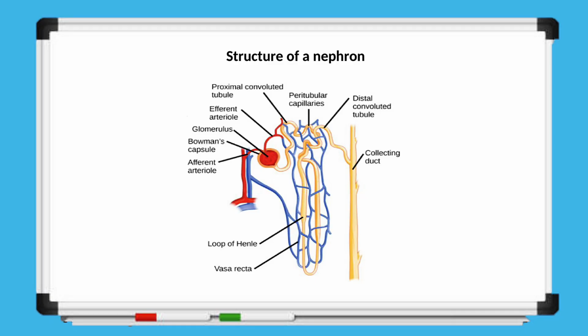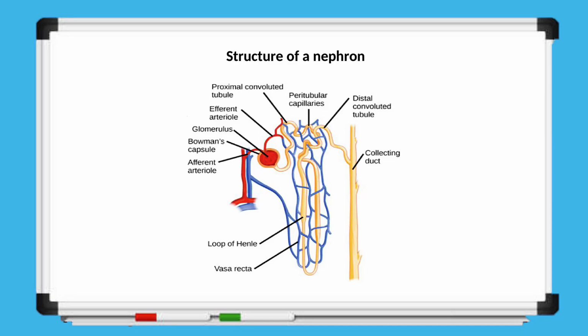The distal convoluted tubule is another coiled section located between the loop of Henle and the collecting duct, which is a straight tube that receives fluid from the distal convoluted tubule. Finally, the loop of Henle is a long, U-shaped tube that extends downward from the proximal convoluted tubule, forming a distinct hairpin loop. This entire structure, with its integrated blood vessels, allows the nephron to filter blood, reabsorb essential substances,